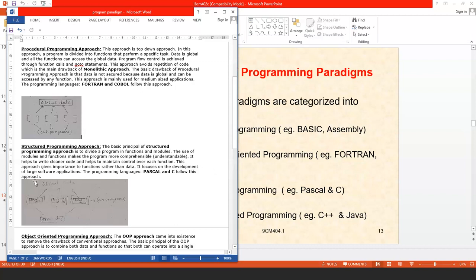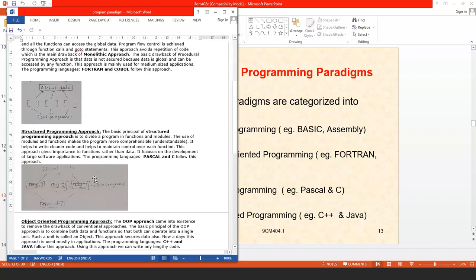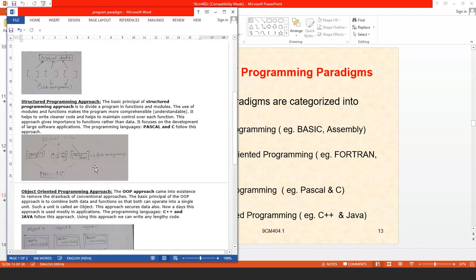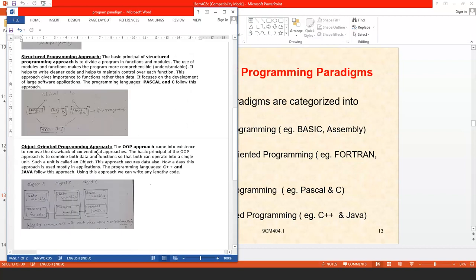It focuses on the development of large software applications. The program examples for this type of structured programming approach are Pascal and C. We are already aware of the programming language C. And the fourth and last programming paradigm is the object-oriented programming approach.